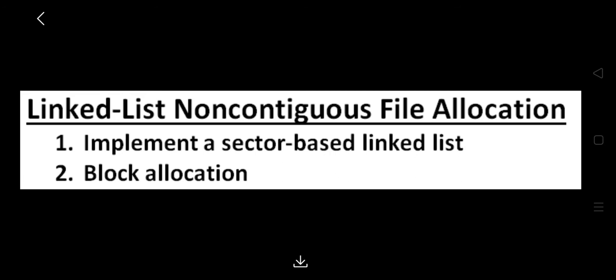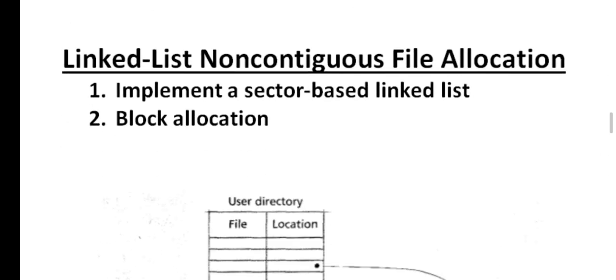Non-contiguous file allocation has some drawbacks. Because the file records may be dispersed throughout the disk, direct and sequential access to logical records can involve many additional seeks. The pointers in the list structure also reduce the amount of space available for file data in each sector. Now, one scheme which is used to manage secondary storage in a more efficient way is called block allocation. Let's see the diagram of block allocation first.